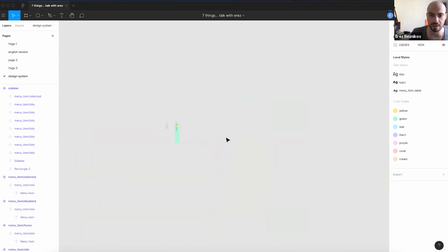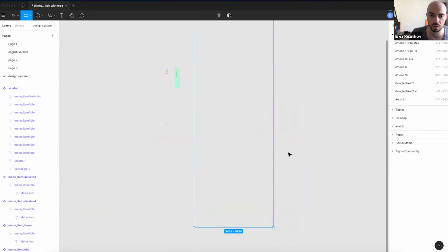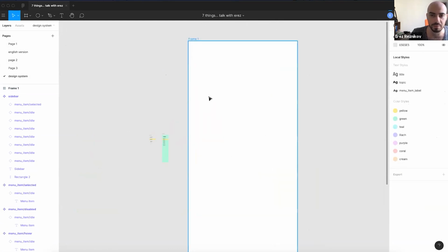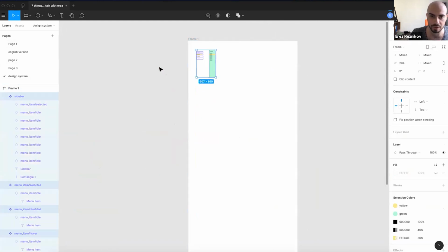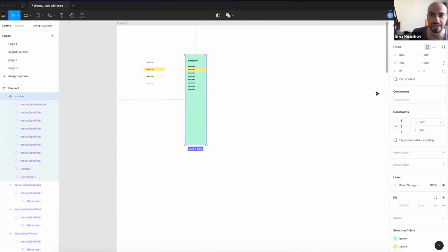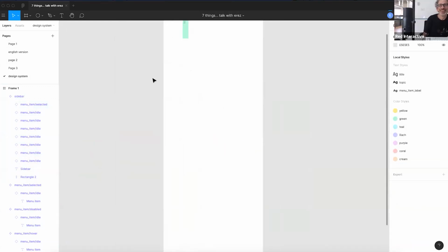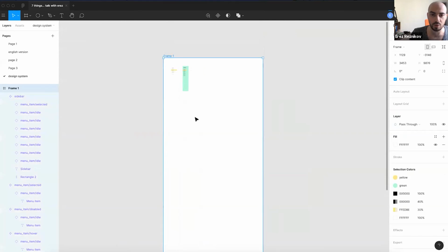So suppose you have a huge frame with a gazillion things in it, and some of them, you don't even remember, by accident have their constraint not on left and top, which is the default, but for some reason on right and bottom, or God forbid scale. And then you suddenly need to enlarge your frame because you have more components to document,